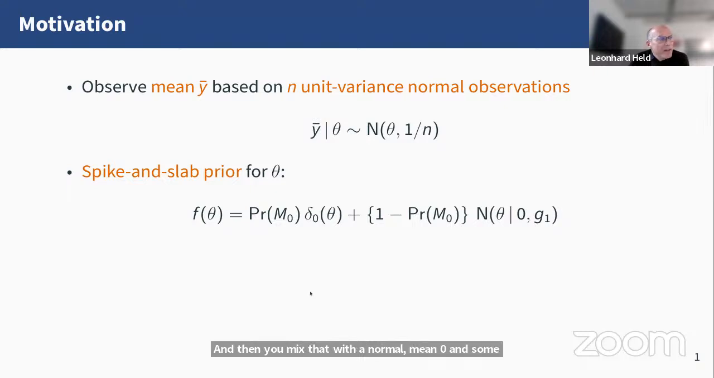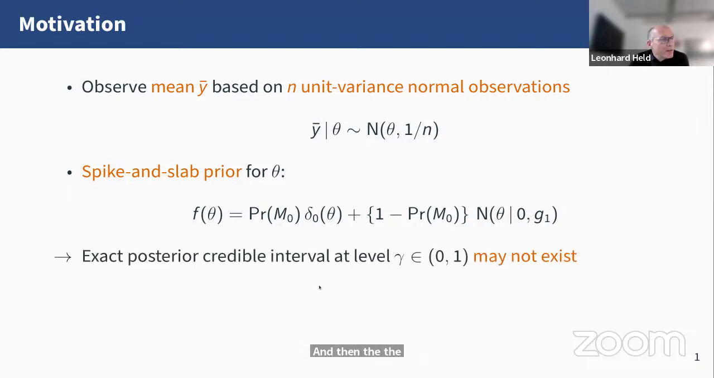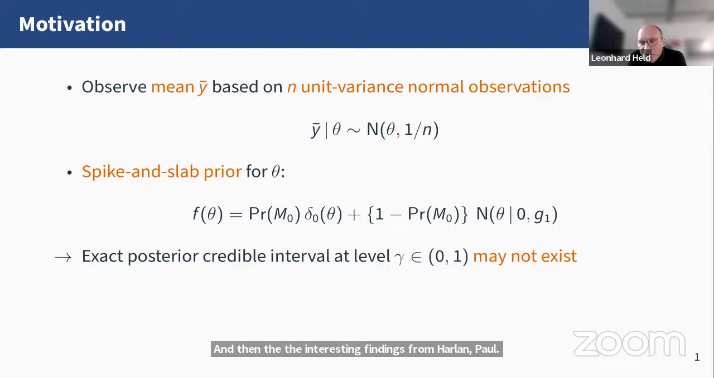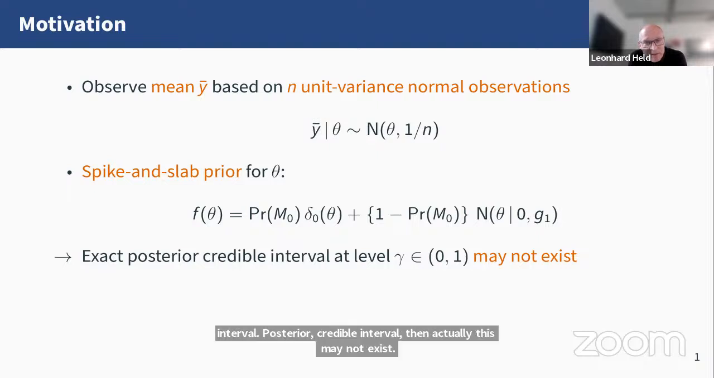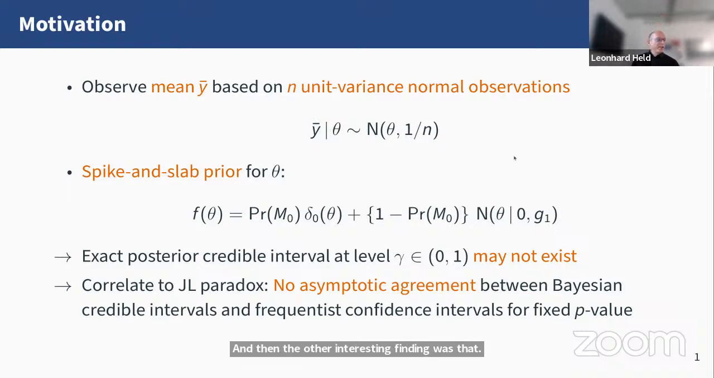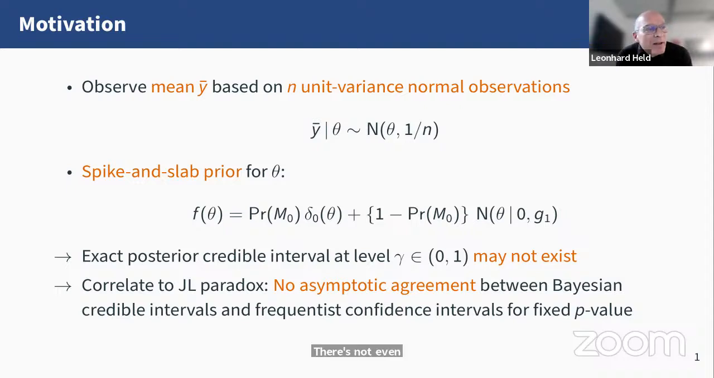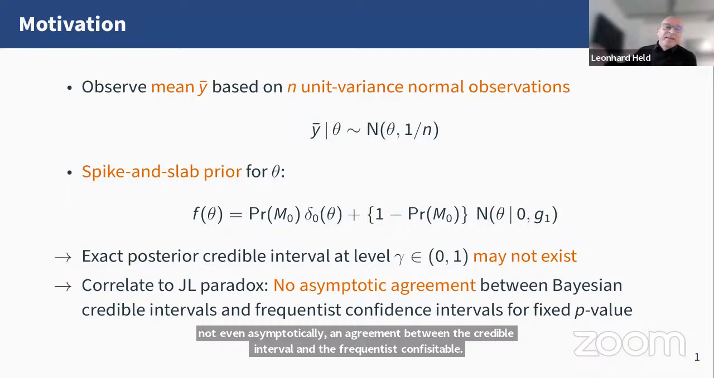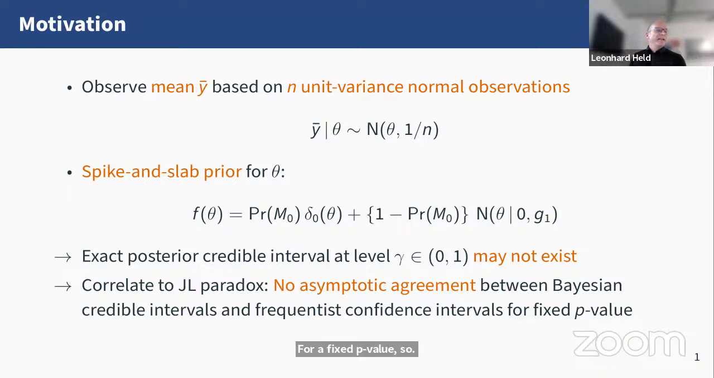And then the interesting findings from Harlan and Paul were that if you look at the model averaged posterior credible interval, then actually this may not exist at some level gamma, right? And the other interesting finding, what they call the correlate to Jeffreys-Lindley's paradox, was that there's not even asymptotic agreement between the Bayesian credible interval and the frequentist confidence interval for a fixed p-value. So you fix the p-value, and then let n go to infinity, and